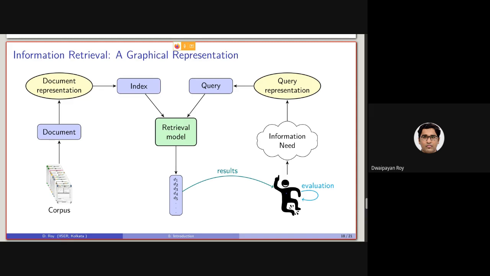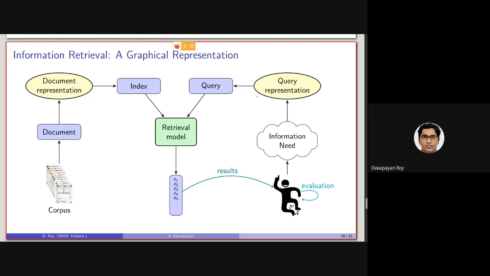Now, this evaluation part is the part using which the user will be understanding whether the system has returned some relevant information to the user or not. Right? Now, for this evaluation part, we need the intervention of the user. Otherwise, the information need was of the user, right?